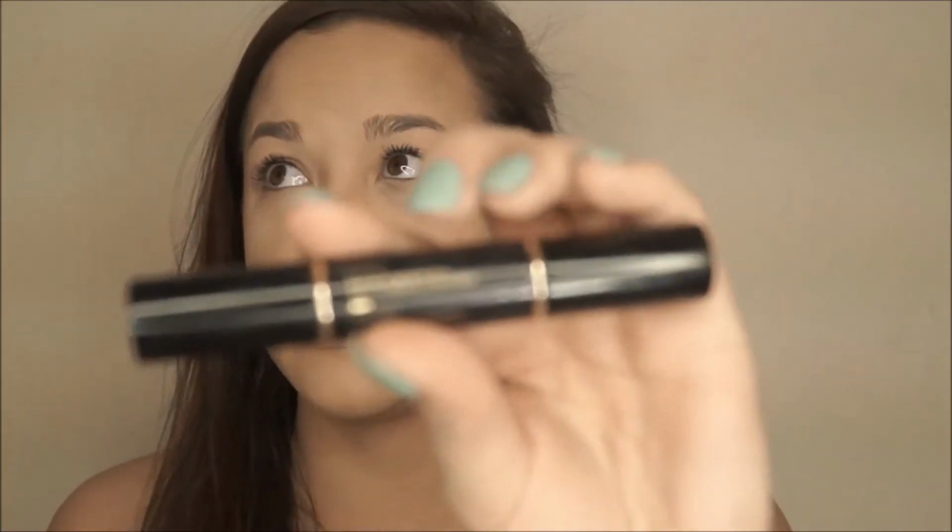Alright, so now for the contouring. I'm going to bring you in a little bit. A great product that I love is the Lancome Le Duo. It's a contour and highlighting stick. So what I'm going to do